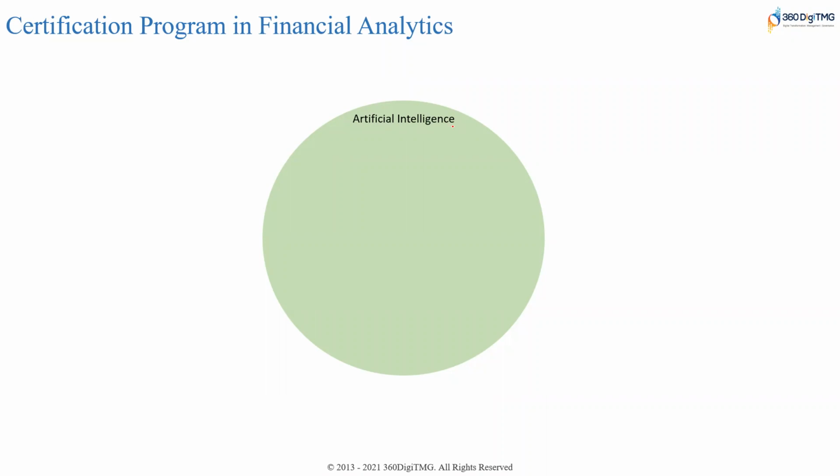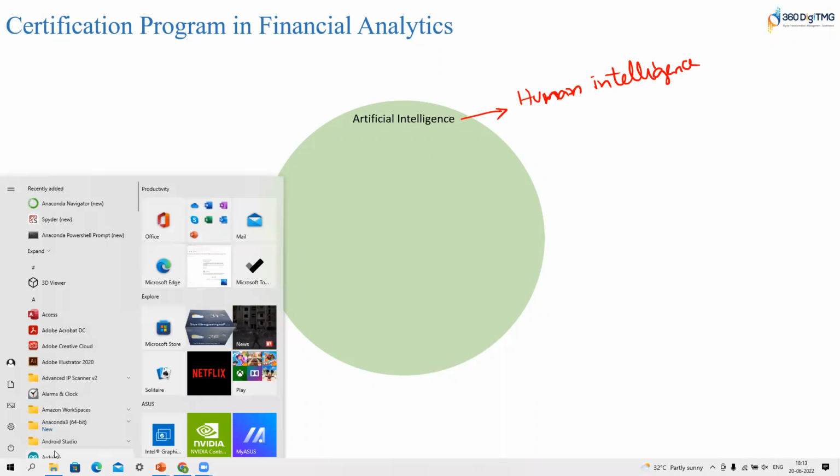So first thing is artificial intelligence. People keep asking me, what do you mean by artificial intelligence? If you can automate anything which is done by humans, if you can take human intelligence and if you can automate it, that would be called as artificial intelligence. For example,